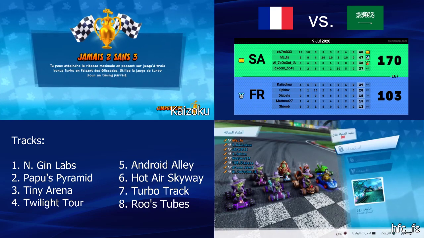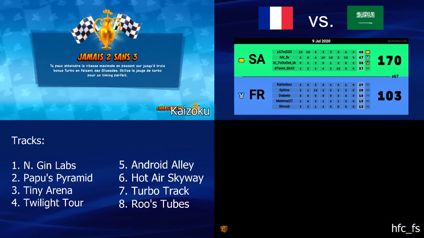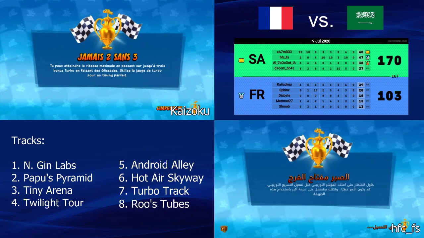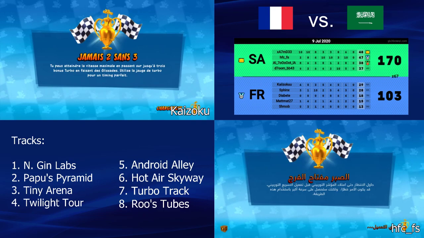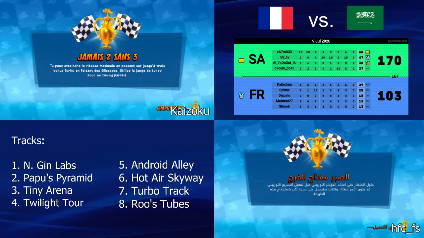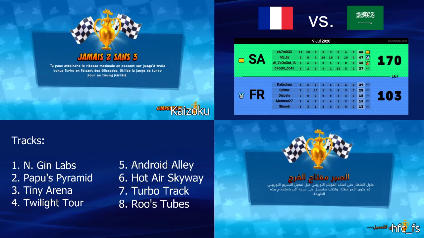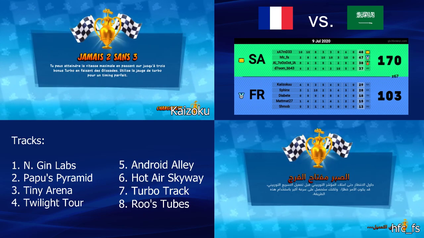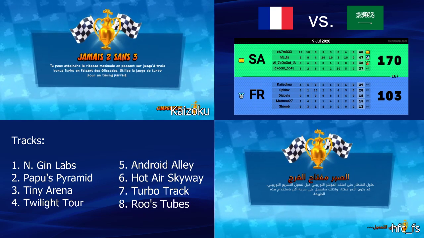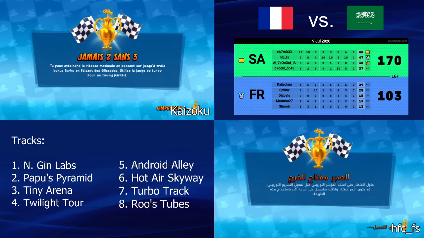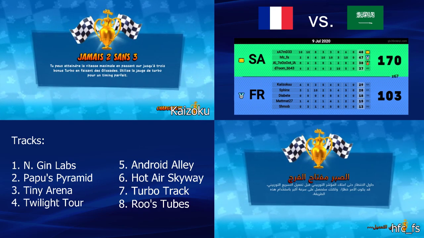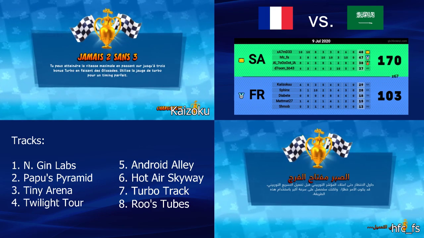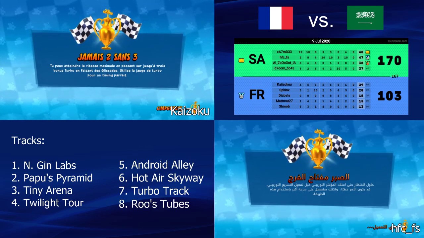Of course if you play matchmaking, then people are going to root for Roost Tubes 10 times a day, 10 times in a row. But at the high level, you don't see Roost Tubes often at all. So this is gonna be interesting. Let's see. Maybe that's part of the strategy for the French. Oh, we'll see. Velocity Tubes. Alright, Velocity Tubes. Interesting.